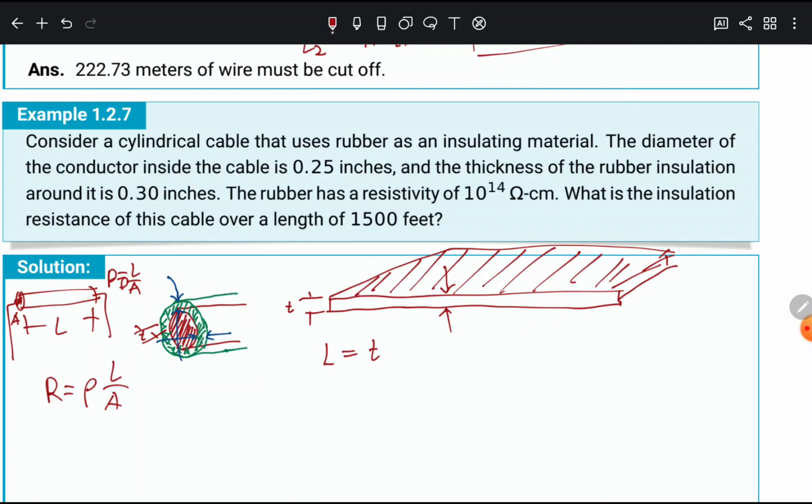And how do we solve this area? This length here is the length of the cable. Let's call it L. This is the length of the cable, not the length in the resistance formula, rho L over A. It's just a rectangle, but we need to know what this length from here to here is. And that length, if we just cut the insulator and expand it, is just the circumference of